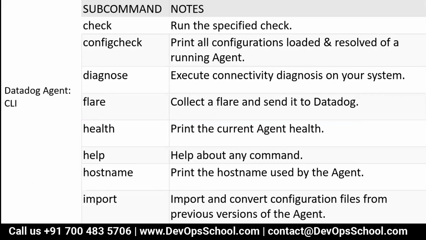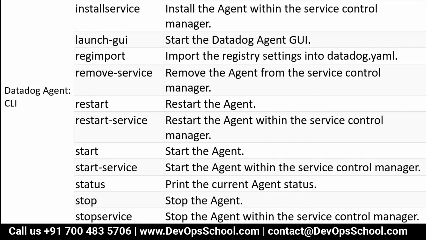Subcommands: check, config check, diagnose, flare, health, help, hostname, import, install service, launch GUI, reg import, remove service, restart, restart service, start, start service, status, stop, stop service, and version.